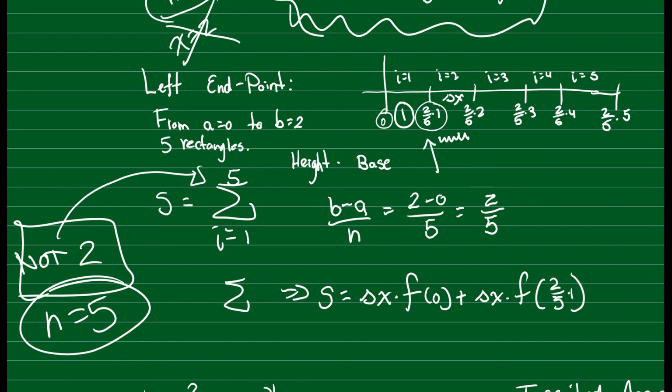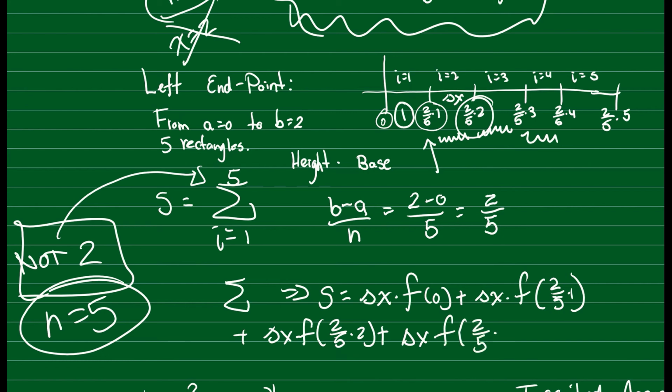Plus delta x times f of 2/5 times 2 for the third interval, plus delta x times f of 2/5 times 3, plus,